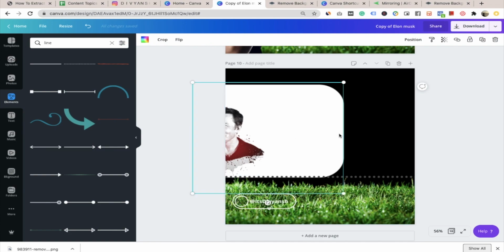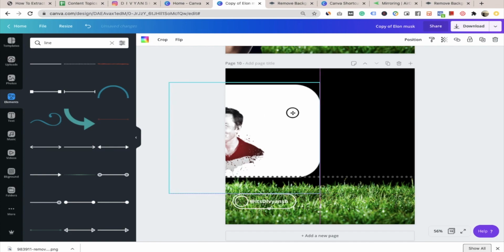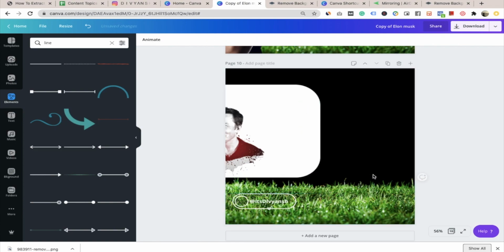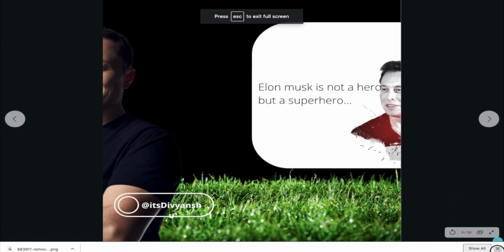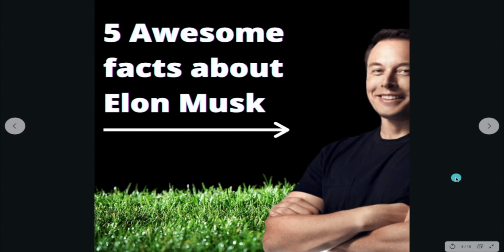Now what is the next thing? I can adjust this wall as well. So go here, let's say I want to use this much space, adjust it, remove it. So this is how you can basically do it. Then you can work on your finishing part. Alright, now let me show you the first image that I have created here.